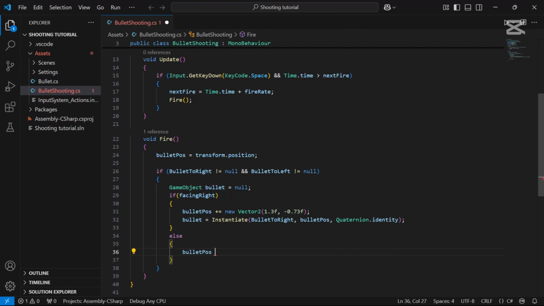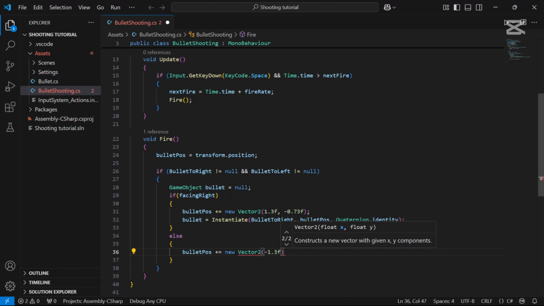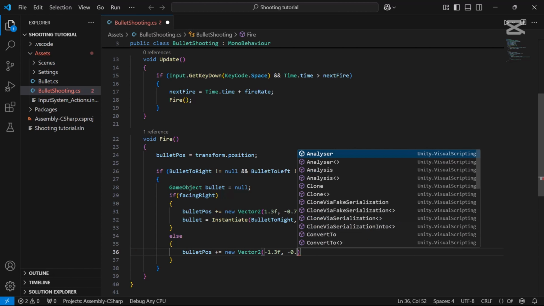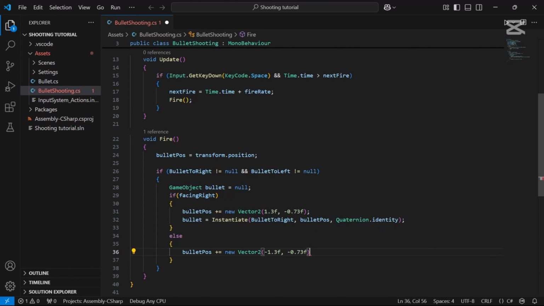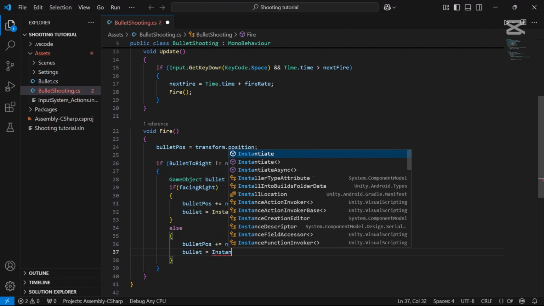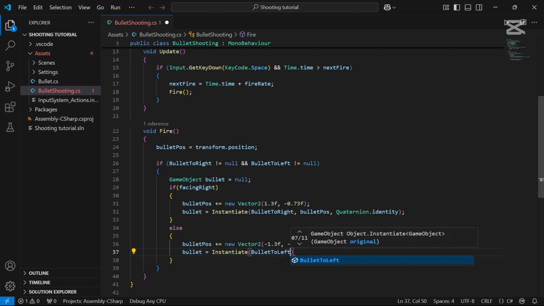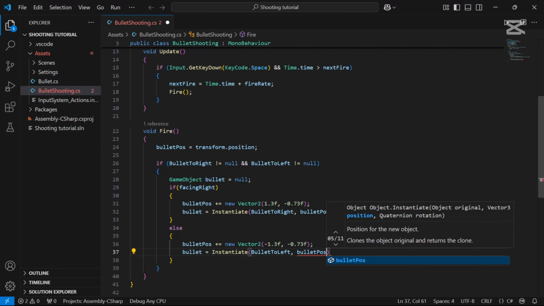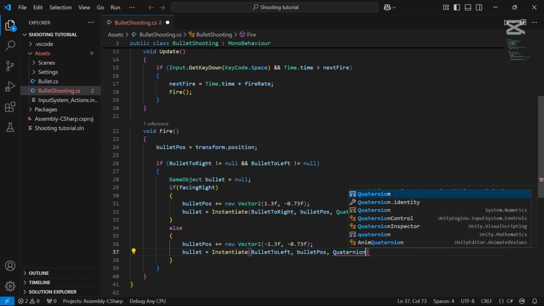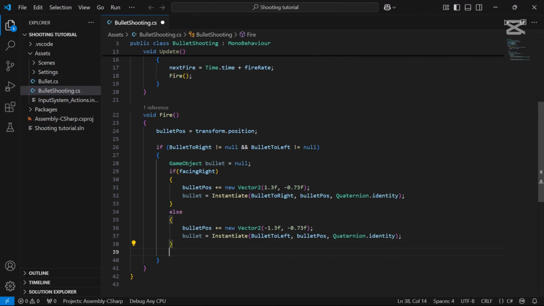And here you want to go else bullet position plus equals new vector2. Then here negative 1.3f negative 0.73f. Then you want to go bullet would equal bullet to left, bullet position, quaternion dot identity. Alright, and here you want to go